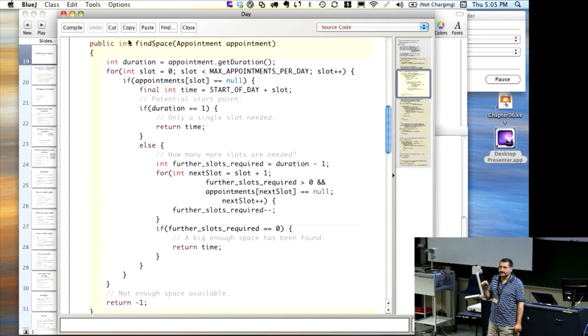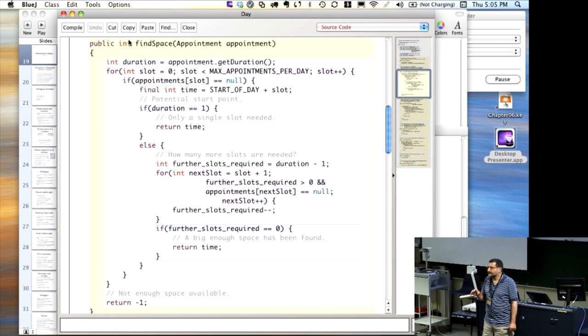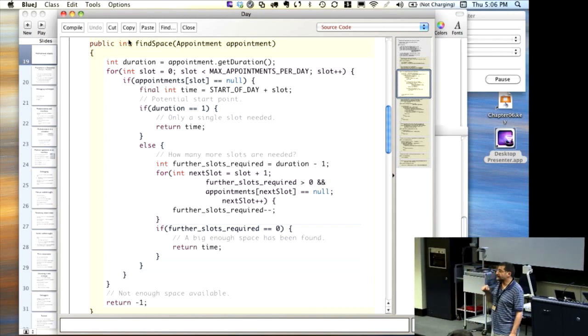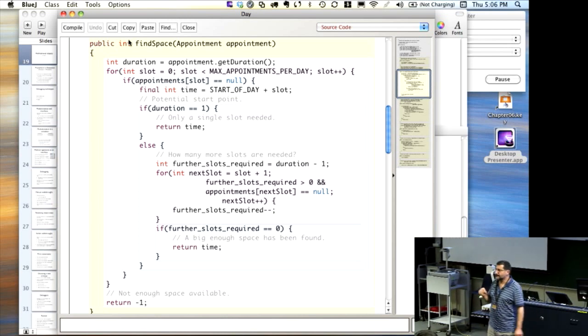Another method that's inside the day class that helps us is this find space method. It's passed an argument which is an appointment object, and the objective of this method is to go down through the list of slots in the day and look for the first available slot that also has enough space for the duration. Right? So suppose we're trying to find space for a lab, which is, say, 3 hours long,